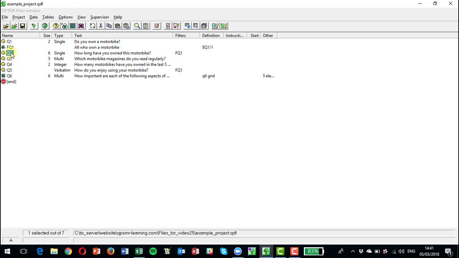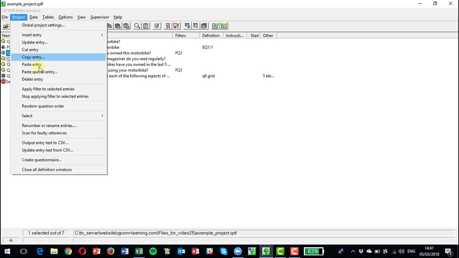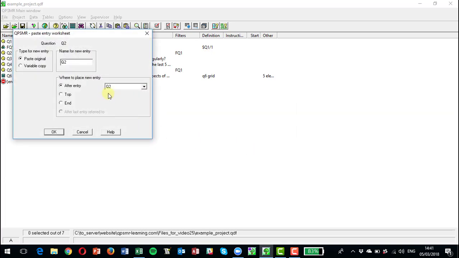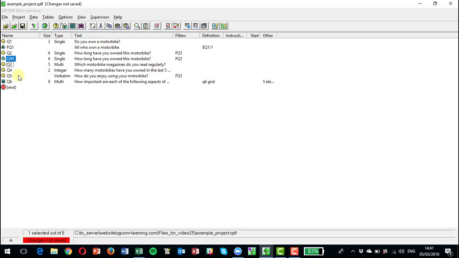So we could just copy this question by going project, copy, and we could paste it back. Now it will tell us there's already a question 2 there, so we're now invited to change it to a different name. Let's call it Q99 for a minute. So it's copied that question back in there as 99. I can now edit it